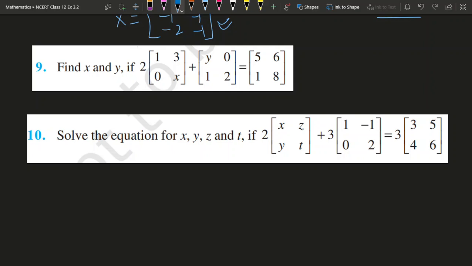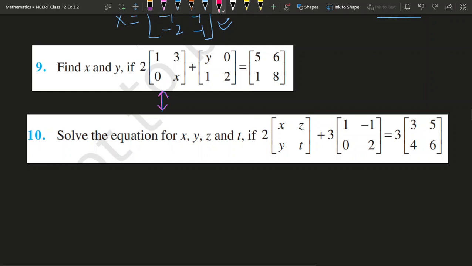This would be a continuation to the video in which we were practicing matrix operations, and let's continue with problem number 9. Problem number 9 and 10 in NCERT are quite similar. So I'll do problem number 10, and 9 will be quite similar to that, so you can take it as